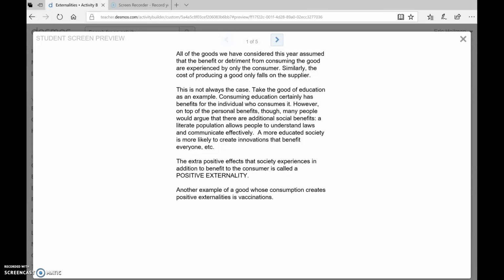And then on the supply side, the cost that the firm incurs in order to produce a good is only paid for by that firm. Like nobody else has to take on the cost that the firm does. So consumers get all the benefits, and they only go to the person who consumes it, and producers pay the cost to produce goods, but only they face the cost of producing goods. That's not always the case. So a lot of times,